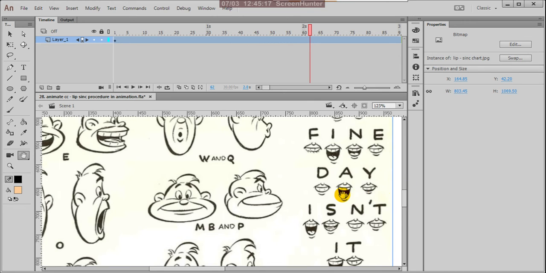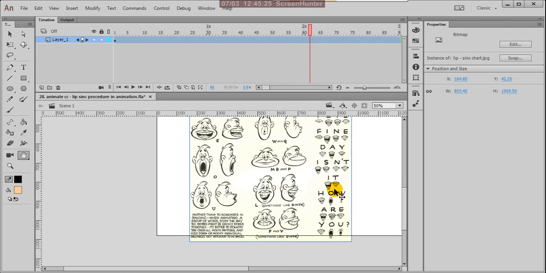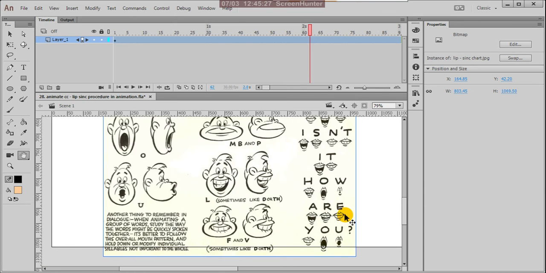You can say here day, D, again A, Y, is it not. Again, how are you, H O W, small oval shape, A R Y O U. So these are the actual mouth shapes we arranged for this sentence.